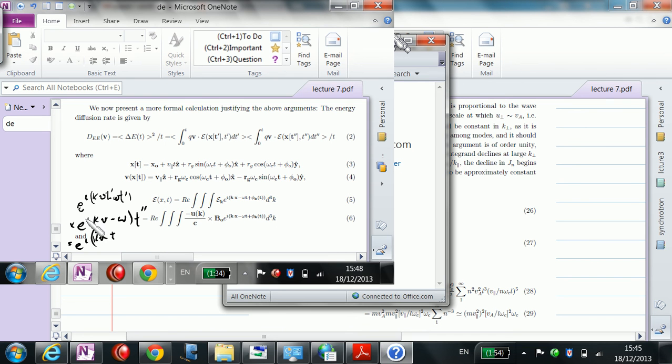So this is actually a minus sign, and then this becomes t prime minus t double prime minus t prime. Let me write it this way. It becomes e to the i k v minus omega t double prime minus t prime, and the integral